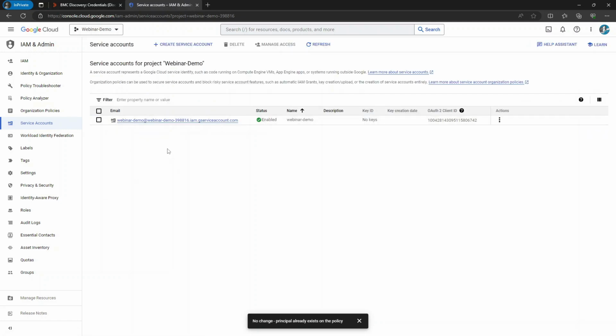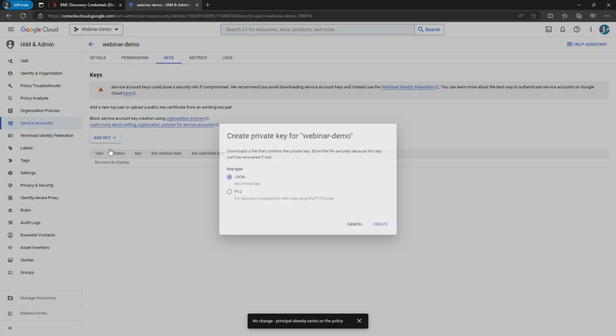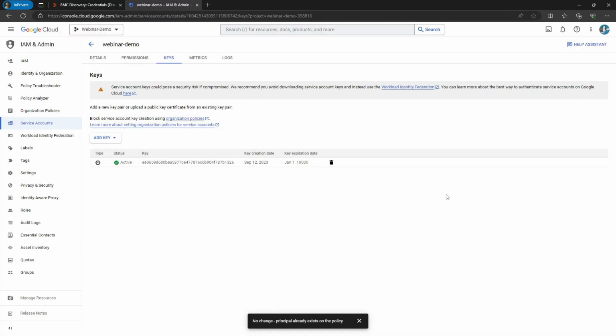In order for us to configure this service account in Discovery, we need to create a key. So let's click on Actions, Manage Keys, and add a key because we do not have any new key created yet. Once we click on Add Key, a JSON formatted key is downloaded, which we are going to import in Discovery